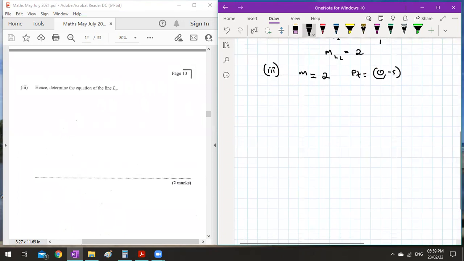And there are two ways you could do this. You could say y is equal to mx plus c, and substitute m, substitute x, substitute y, and look at the value. Or